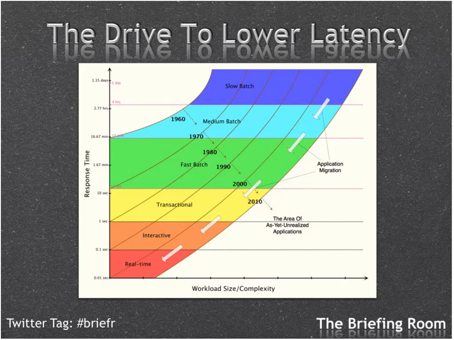What I've drawn here are various curves starting in 1960 and roughly estimating what the actual response times were in those days, and going down through 1970, 1980, 1990, 2000, 2010. I've drawn these colored bars to indicate that we still have what we would call slow batch jobs, things that will take a day to process. We have what I've called medium batch, where the processing still takes quite a lot of minutes or hours. And we have fast batch, which you still have to wait for to complete, but it completes fairly swiftly. And then we have what I would call transactional systems,